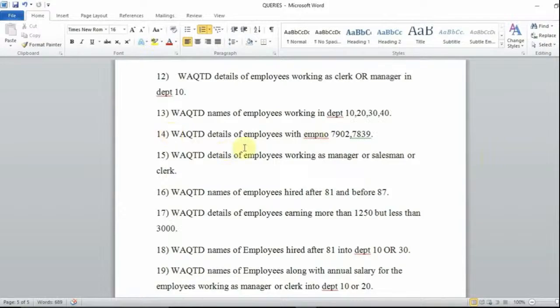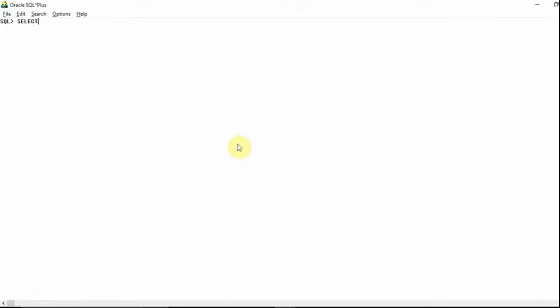Write a query to display details of employees with employee number 7902, 7839. So their employee number should be equal to 7902 or 7839. Okay, so I want details, so I will write select star from emp where